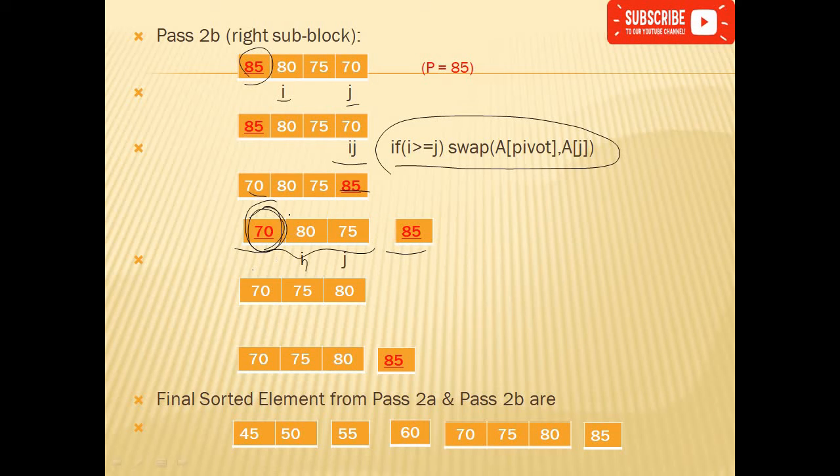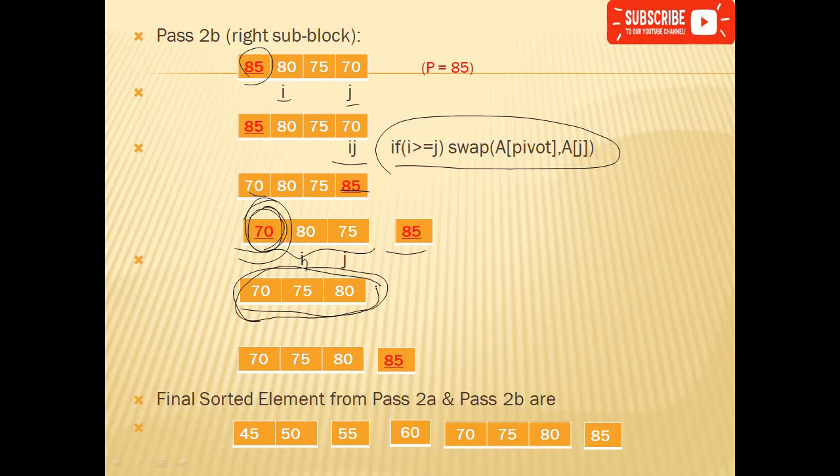So 70 it will come. So simply I am skipping all the processes, because it will take a lot of time. The same will happen. So finally we'll get this one, because it was reached. Swapping will be done, and then the division will also be done. But finally we'll get this one.